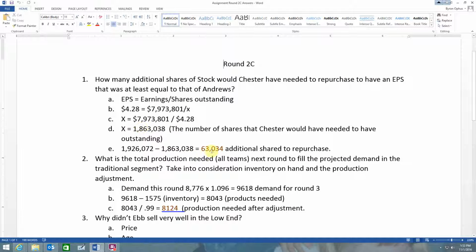Minus this number tells me the number of shares that Chester would have needed to repurchase or buy back in the marketplace: 63,034. Whether or not they had the ability to do that, I don't know. They may or may not have had enough cash, but also the game limits how many you can buy back